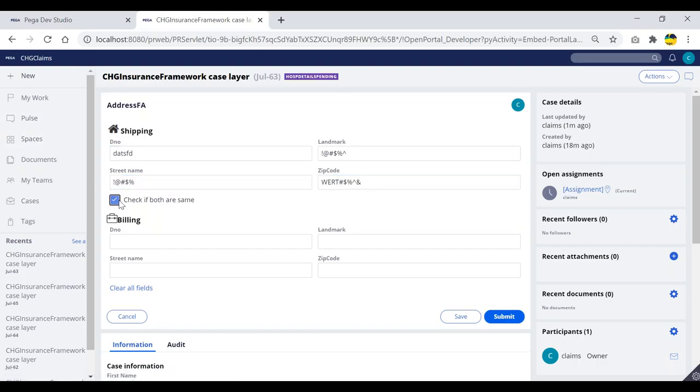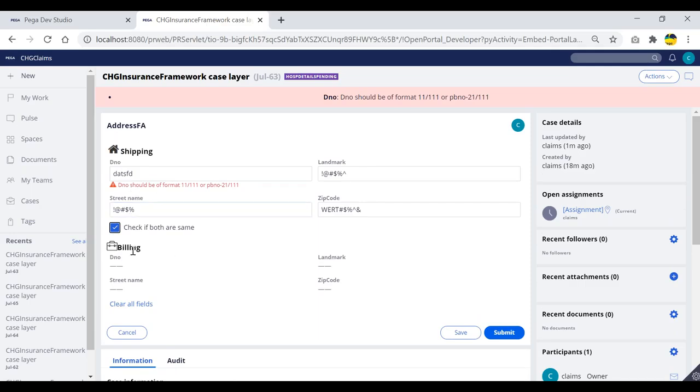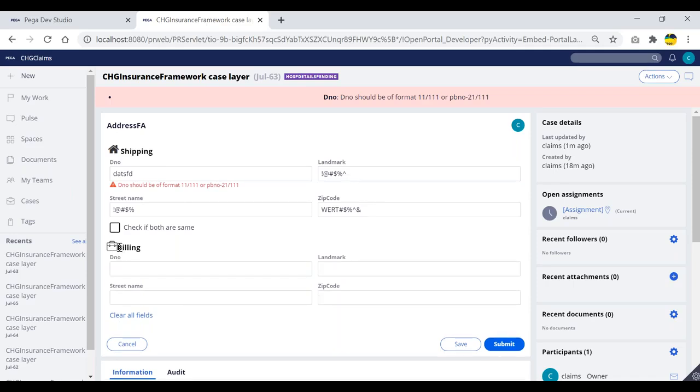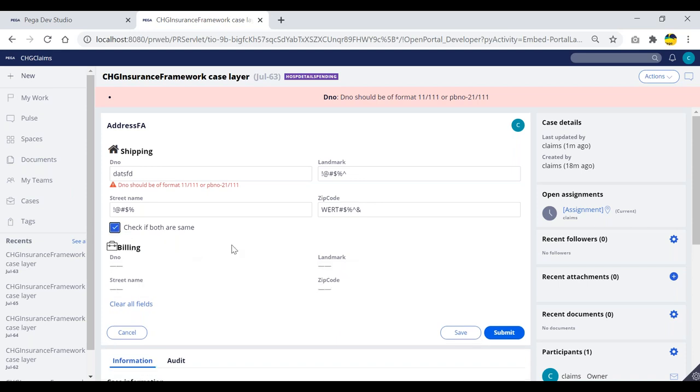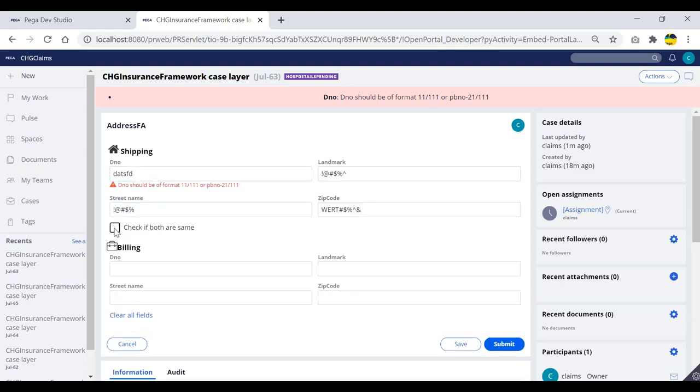Now if I click on this, what does it have to show? It should not copy any data. Even though we are entering the data, it is not being copied. But this section will be made read only as per the checkbox we are defining here. The control for this particular section has been given at the control level. So whenever I check this, it will be made editable or disabled read only, and that will be taken care of. Now if I click on this, it has to run the activity,